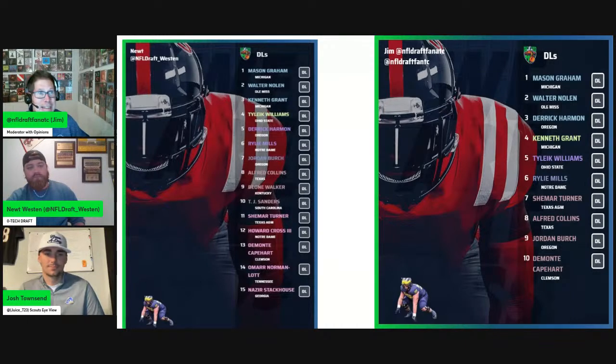There's such a thing as starting for you immediately, which it sounds like from Newt and Josh, you guys are in consensus that if Tyleik Williams goes to a team, he's coming into training camp and he's probably winning the starting job. At least on second downs, absolutely. The way NFL teams run defensive fronts in the league right now, 100%. Right. And then